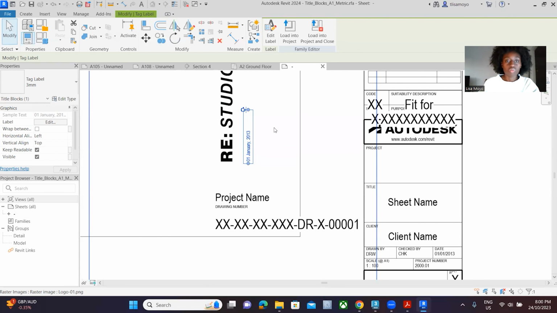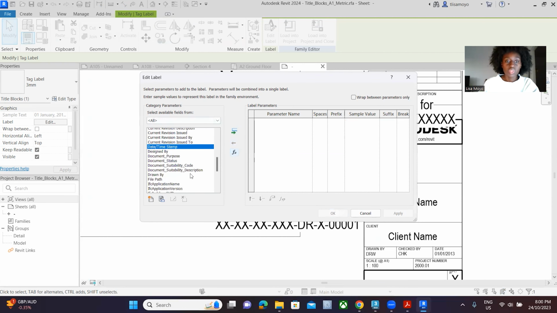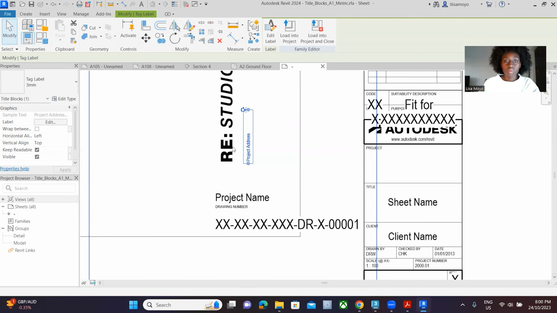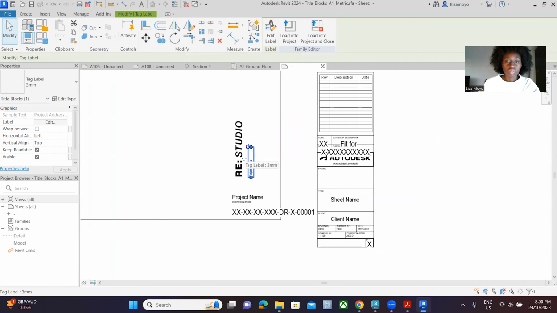So what I can do is go into the label, into the graphics, and go in under label, press edit. Now it says date. So I'm just going to click the red arrow to put that back onto the list here, and then find something to suggest the address. There's project address here, so I'm going to use the green button to apply that. Press OK, and it comes up just like that. So I've got the project address slightly in smaller letters than